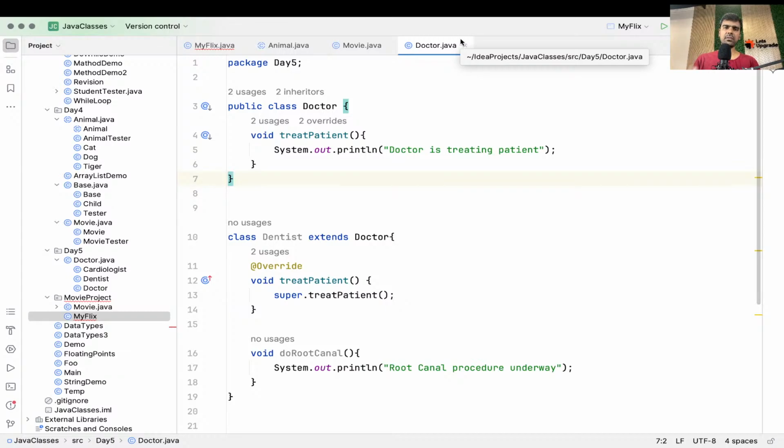By default, all the non-private members from the base class are inherited in the child class. Non-private, right? So if a variable or a method is private, then it is not inherited. So make sure if you want to use a member of the parent in the child class, then that member